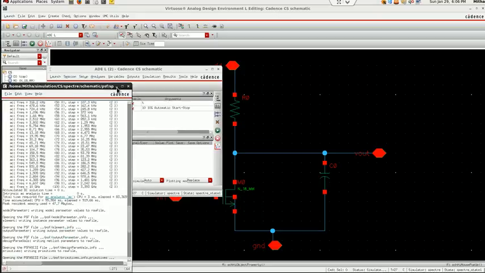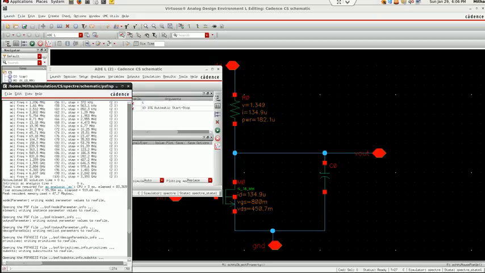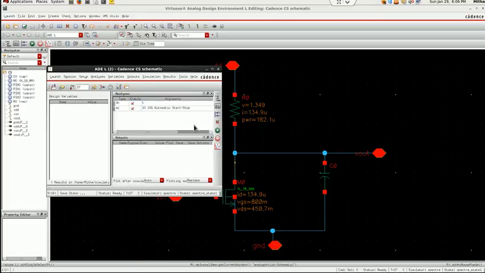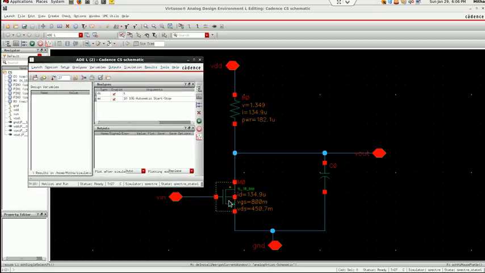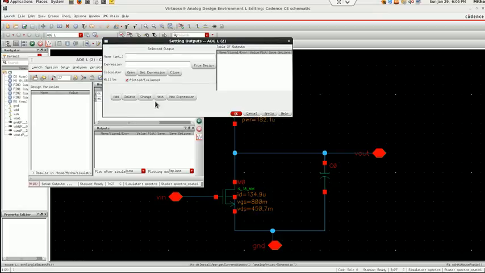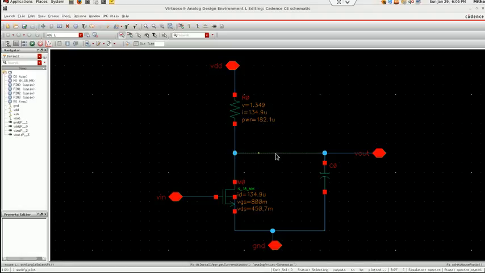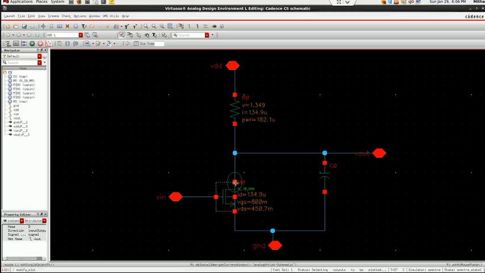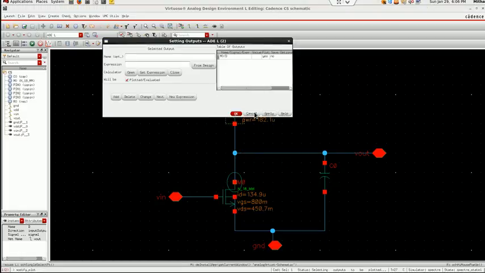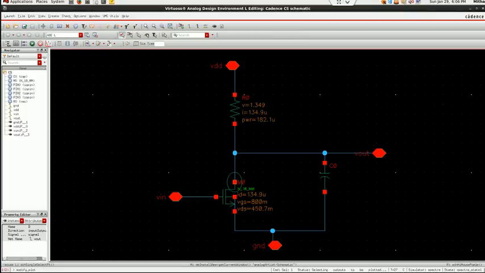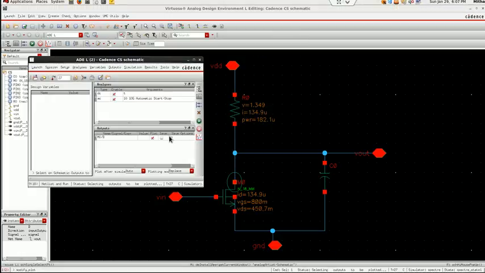Okay. Now if I am interested in seeing the variation of my drain current with respect to VGS, what I will do is select the outputs from design. If I select net here, that means I want to see the variation of voltage, but I want to see the variation of current. So therefore I have to select this node. Node means current, net means voltage.